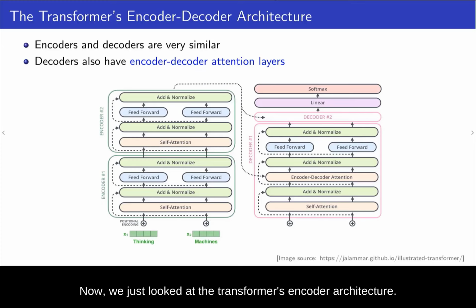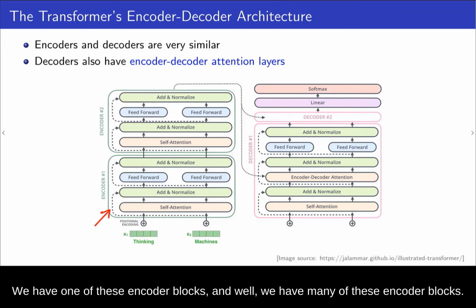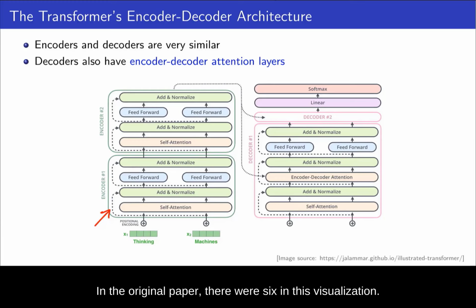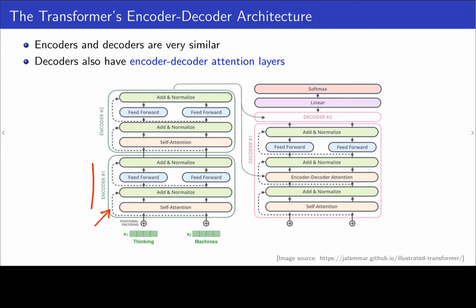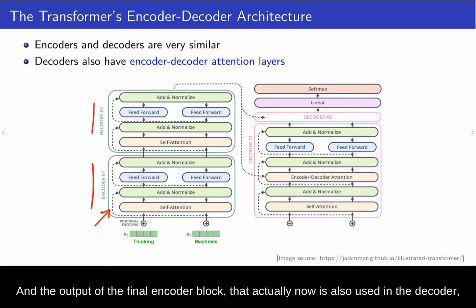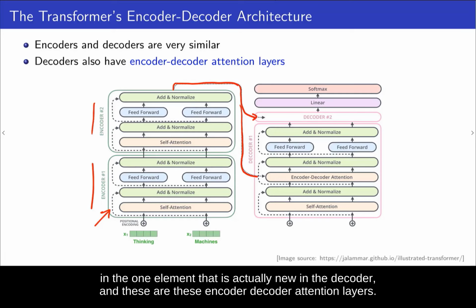Now, we just looked at the transformer's encoder architecture. So over here, we have one of these encoder blocks. And we have many of these encoder blocks. In the original paper, there were 6. In this visualization, there are just these 2 here. And the output of the final encoder block is also used in the decoder,